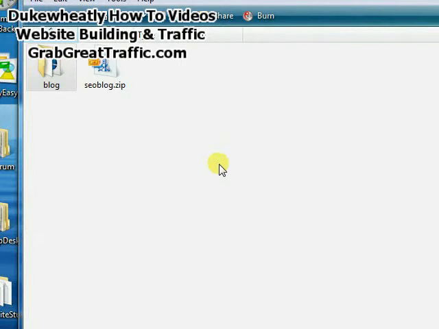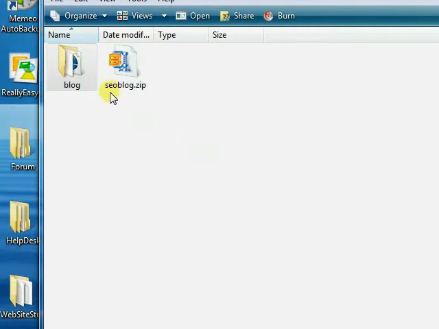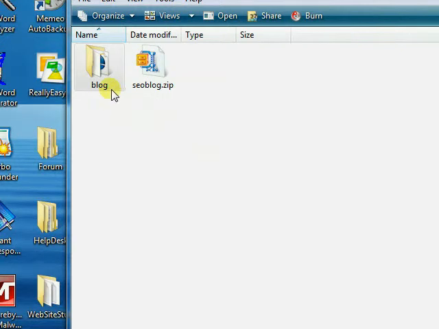We're going to show you in this video how to upload your SEO blog from grabgreattraffic.com, but this works for your generic WordPress also. Your SEO blog will unzip into a folder named blog, and your generic WordPress will unzip into a folder named WordPress. And inside of that,